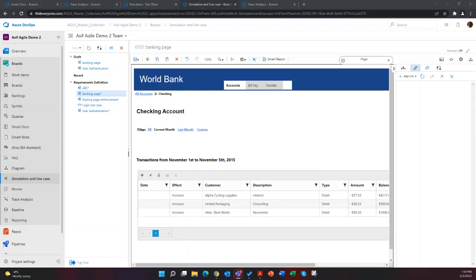So within a Smart Doc, you have to send the whole Smart Doc. But let's say you've got requirements in a Smart Doc or in your project that can be broken up into, say, security requirements, compliance requirements, functional requirements, and other areas. What you could do is create a query.